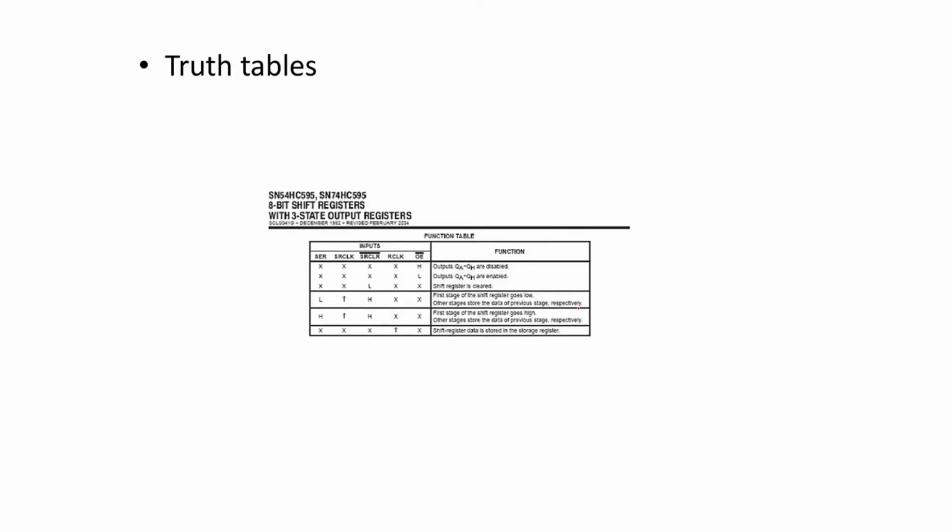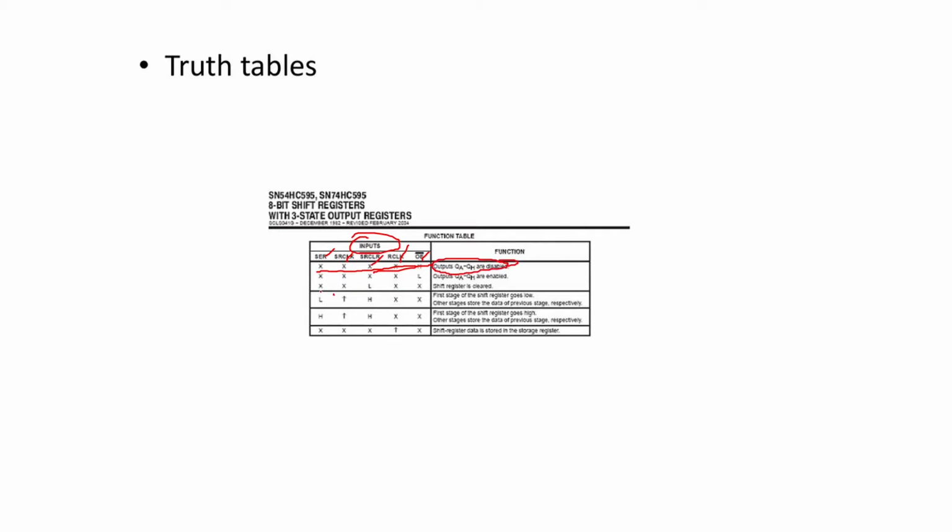Then you can also have truth tables, which will give you input output relationships and the functions. If the inputs are like this, what is the function? So here you can see this block is for input. So input you can give, this is one input, this clock is another input, this clear is input, this clock is input, this input. Now those inputs, what are the values of the inputs? And if those are the values of the input, then this type of function will take place.